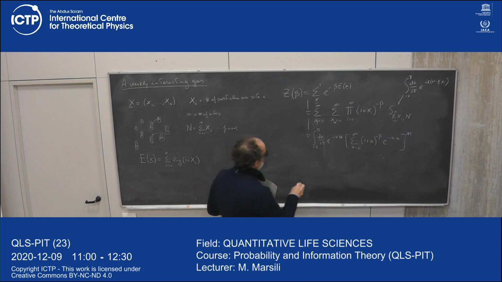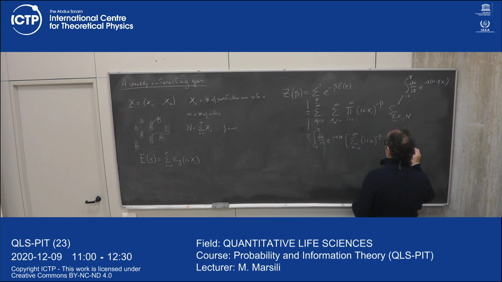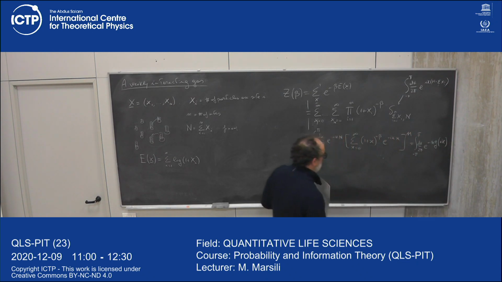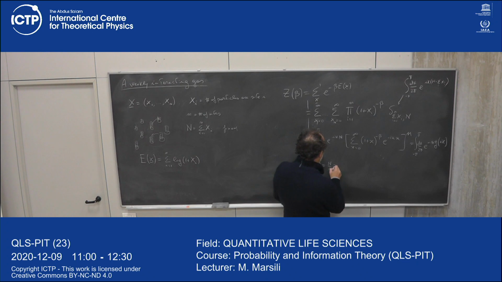Okay, and now this can be written in the form of an integral dk over 2 pi of e to the minus n times a function g of ik. Let me write it in this way, where this function g of z is n divided by N, which is the number of particles per site, times z, which is this term here. Oh sorry, there is a minus sign here,